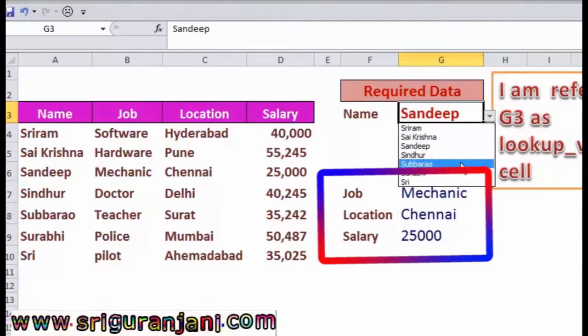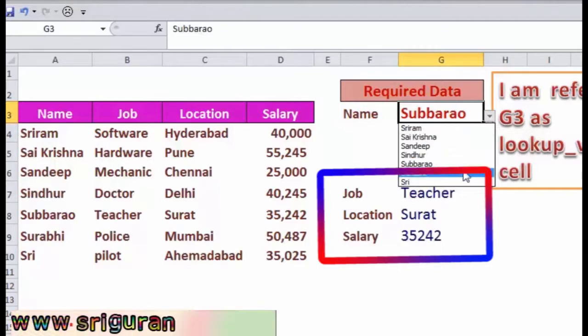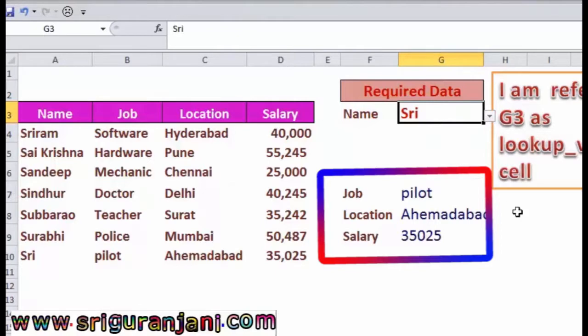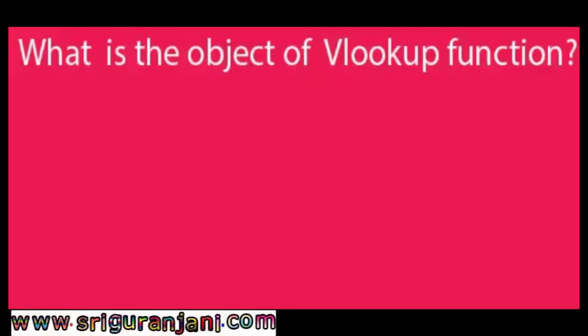And changing to Sandeep. Whenever a change happens in the referred cell, dependent components also change. So this is the process of how we can refer to a cell in the lookup value argument field.